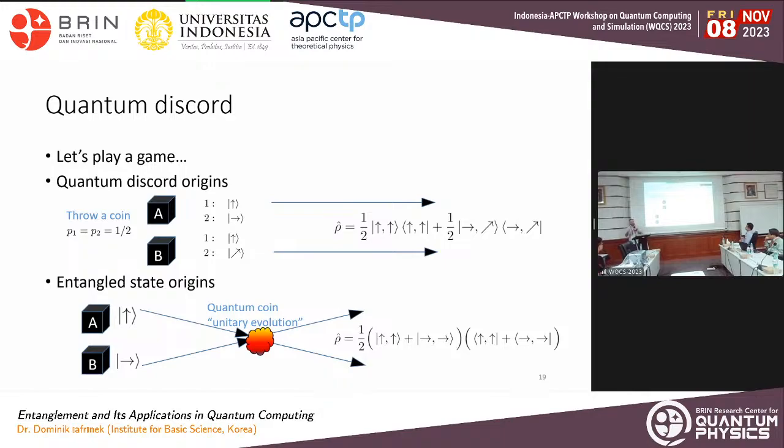So this state was created by me throwing a coin. There's nothing fun about it, because it's either this state or this state. But whoever I'm sending this to doesn't know the outcome of my throw. So this is the way they describe it: a description of the state by somebody who doesn't know the outcome. And this is some kind of state that's correlated, but it's